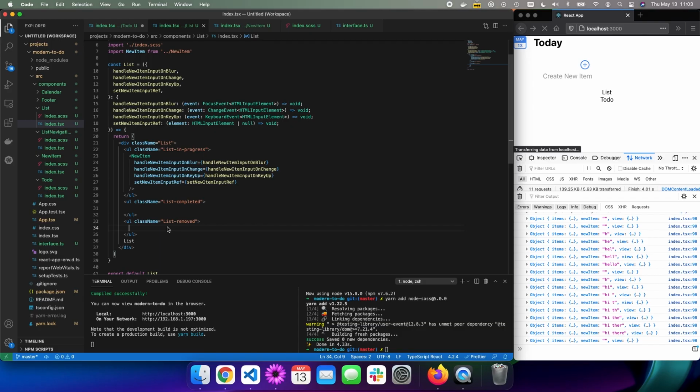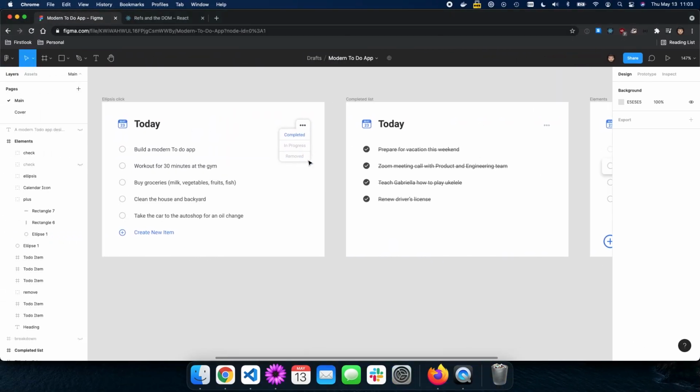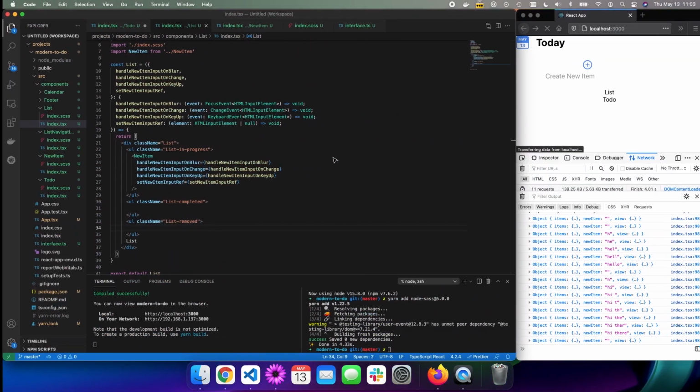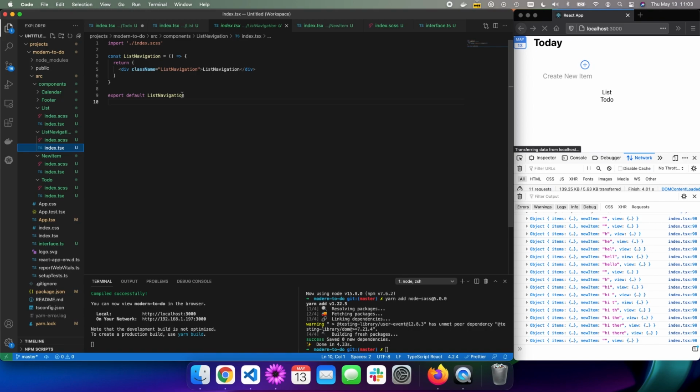Now before we start working on the list component, let's first work on the list navigation component. That way we have a means to navigate between our different views, which are completed, in progress, and removed, like this one from our Figma design. So we open up list navigation index.tsx, and in here we're going to start building our